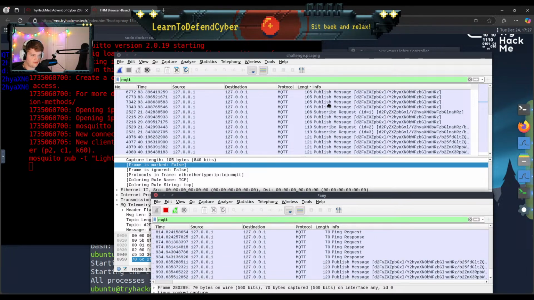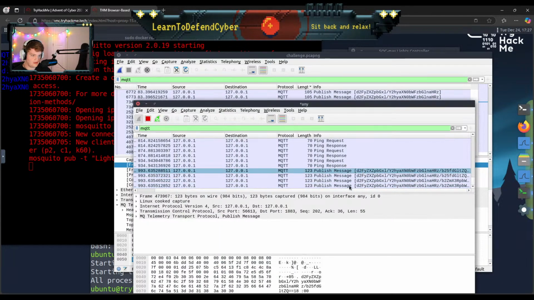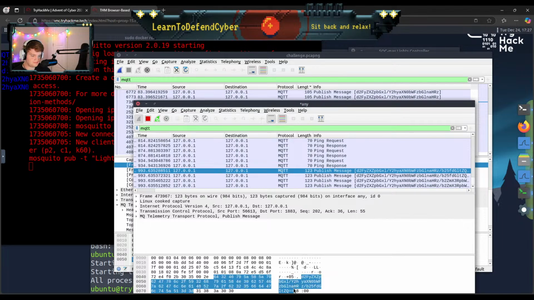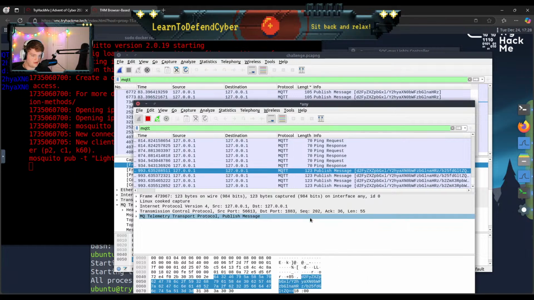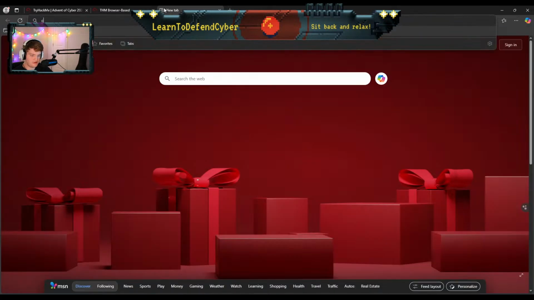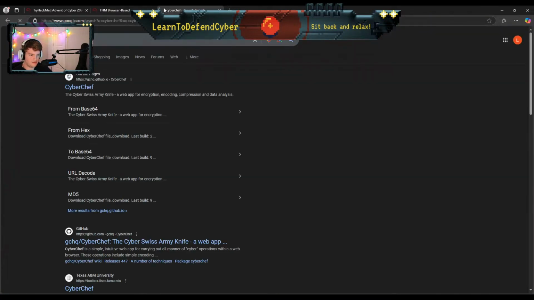Publish request. So it is something to do with this. Maybe this is just base64. Copy bytes as a hex dump. Maybe we may need to get CyberChef involved in here.